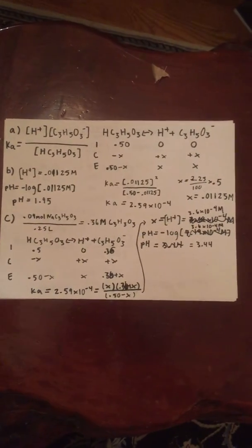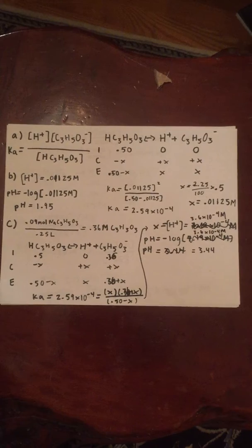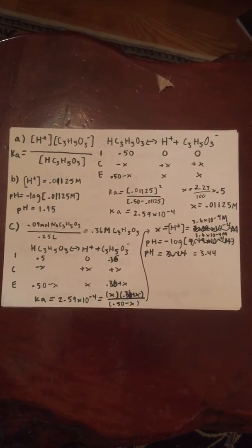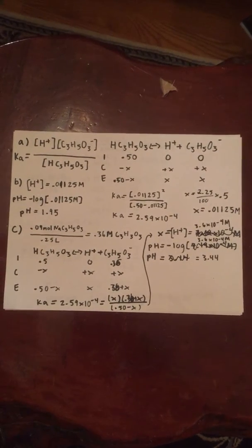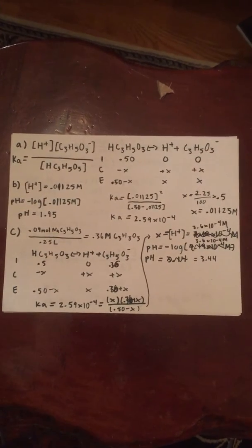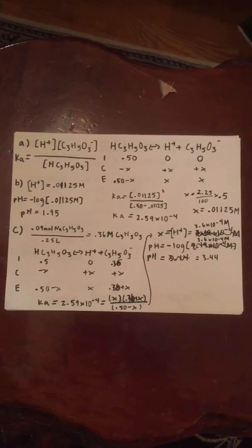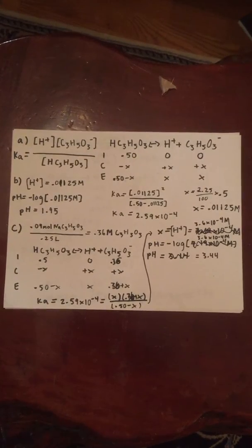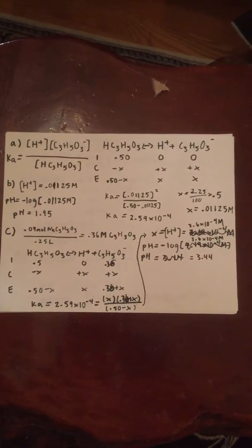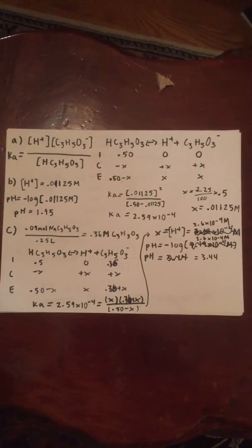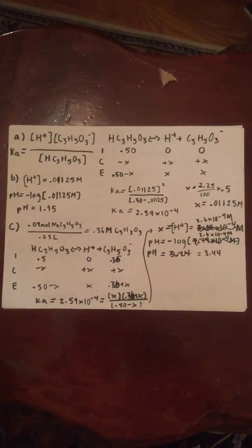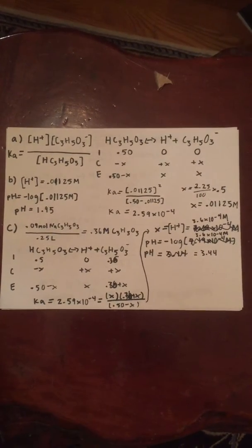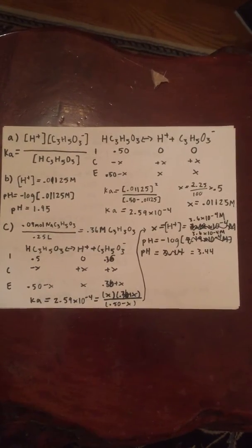And to find its value, I did the standard ICE box. You know that you have 0.5 molarity initially of the HC3H5O3, and initially you don't have any H plus or C3H5O3 minus, and then you do the minus X and then the plus X for the products. So when you do the products over reactants, you get X squared over 0.50 minus X. But you can solve X by using the percent dissociated, which is 2.25 divided by 100, multiplying it by the molarity of 0.5. So your X value would actually be 0.01125